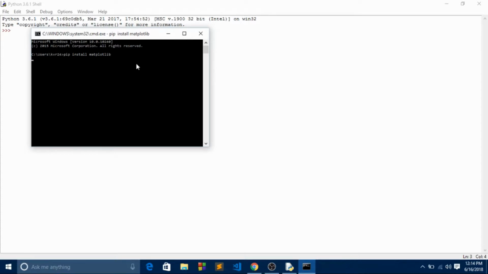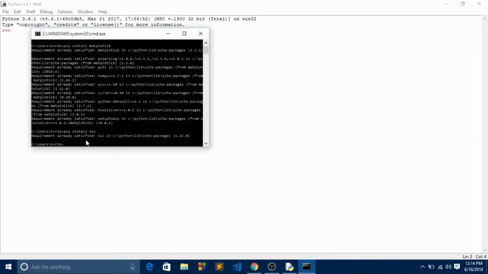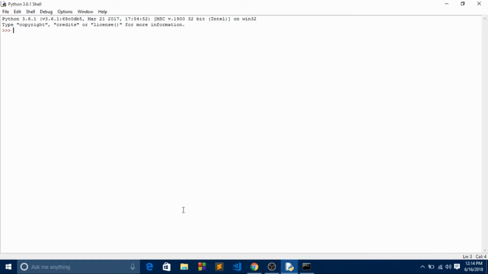So let's wait until it is done. Okay, it says requirement already satisfied because I have already installed it. If it's not working, pip install, you have to do 6 and it will be done. So let's jump in and create a new file and save it as